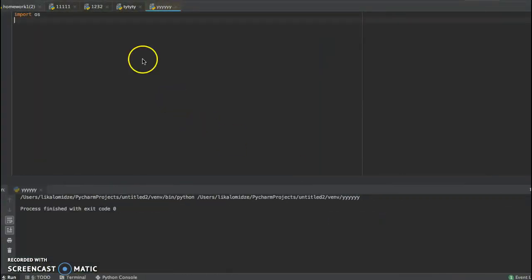So now let's go to PyCharm and import os. As with any library, we always should import it. So yes, this is the first step for all libraries. So import os, and one interesting thing that I found about